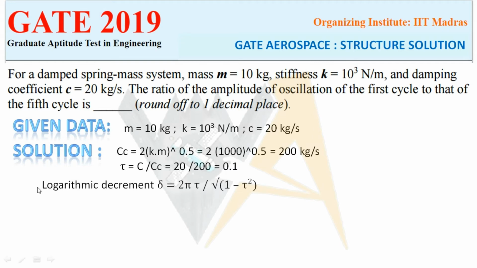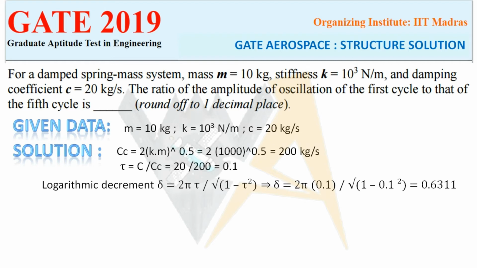Next, recalling the formula for logarithmic decrement, that is delta equals 2 pi zeta by root over 1 minus zeta square. Now substitute the value of zeta in this formula. We get delta equals